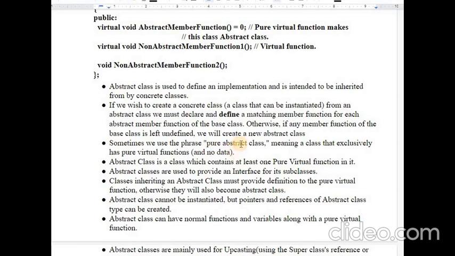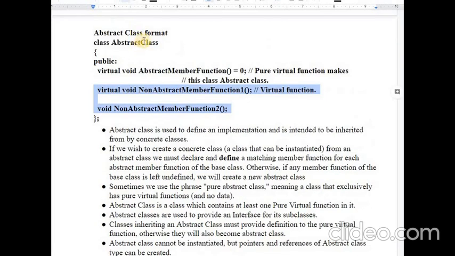If we do not have these two things in this particular format, then this abstract class does not become a pure abstract class. If we wish to create a concrete class, or a class that can be instantiated, from an abstract class, we must declare and define a matching member function for each abstract member function of the base class.